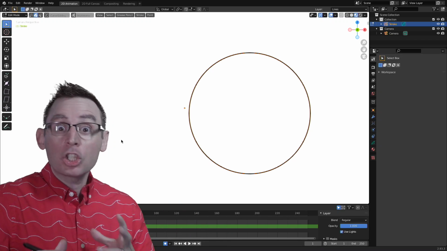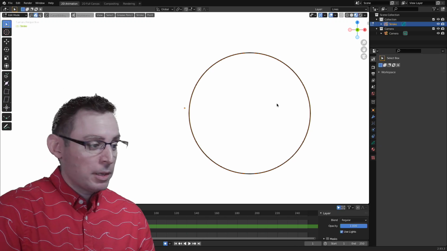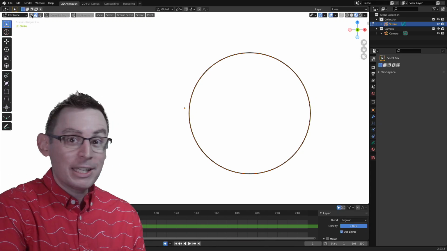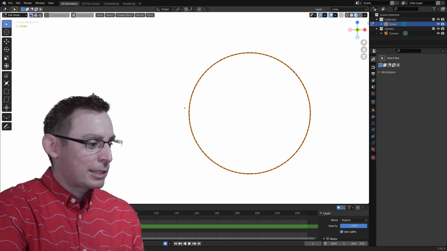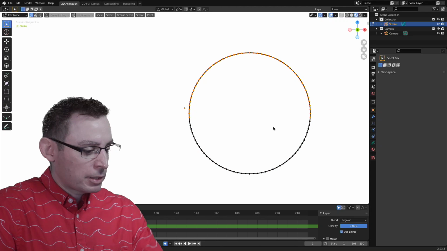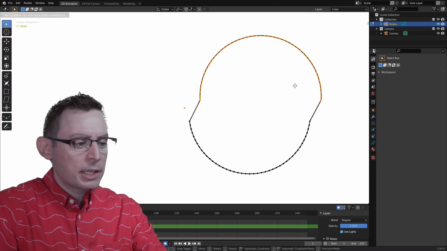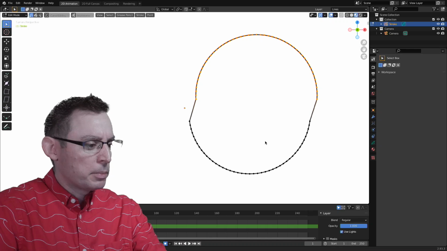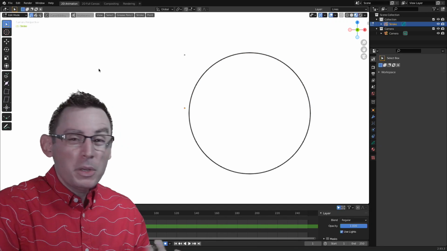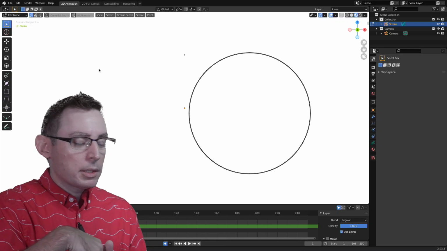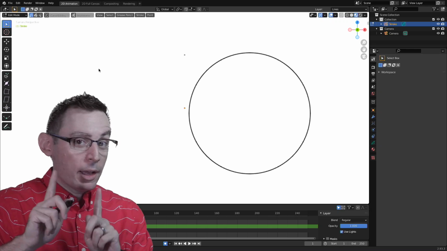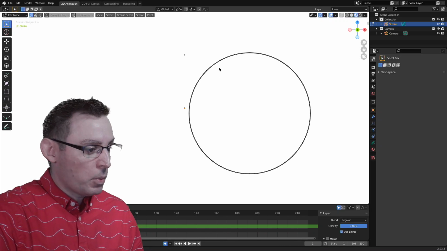So let's go in and start changing the stroke shape. And this is where it gets to be a lot of fun. Previously, we talked about changing our selection state in edit mode. Of course, we have this dot selection mode. It's the first one up, and that will allow us to go in and select just a simple little box here. We can grab some dots on the circle, and we're up and running. Now, maybe we don't want to grab just individual points. Maybe we want to edit the shape a little bit more holistically. And there's a really cool function in here that I want to make sure that everyone sees.